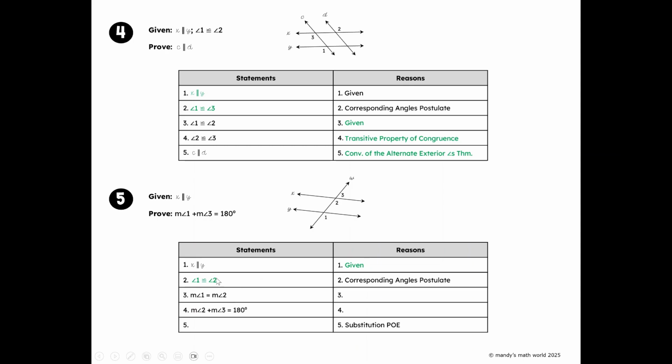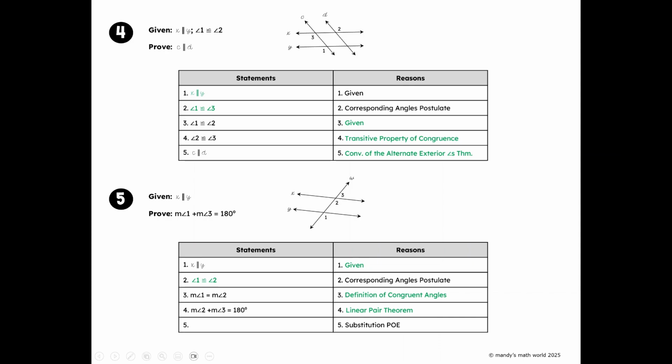Now, I know to maybe write the definition of a congruent angle when I'm asked to prove, and I've got angle measures as what I've been asked to prove. So somehow I need to get to the fact that if these angles are congruent, then by the definition of congruent angles, I've got a statement in there that shows me that those angle measures are equal to one another. Then I've got the measure of angle 2 plus the measure of angle 3 equals 180 degrees, and I've got